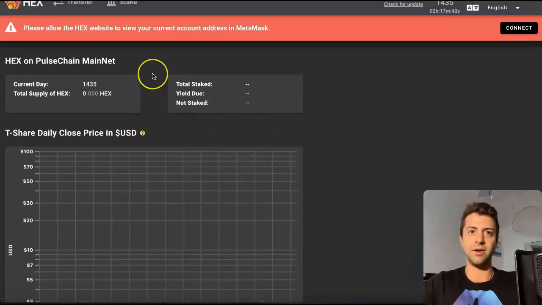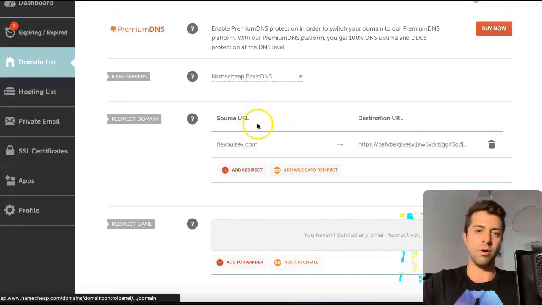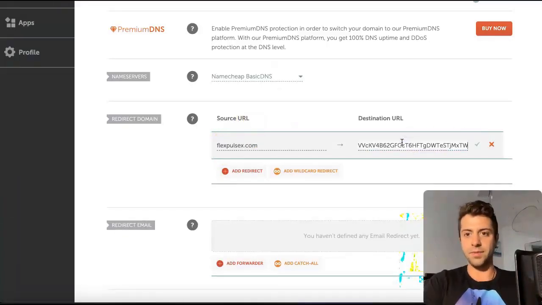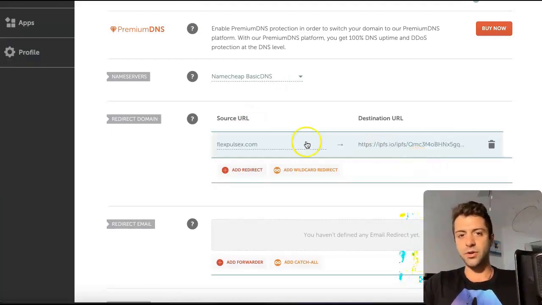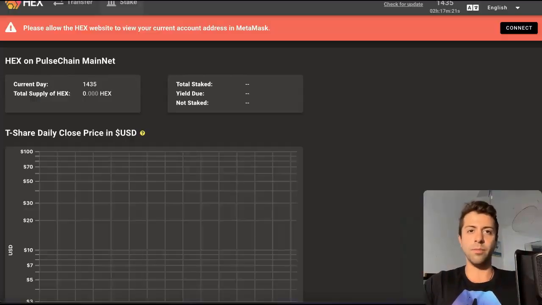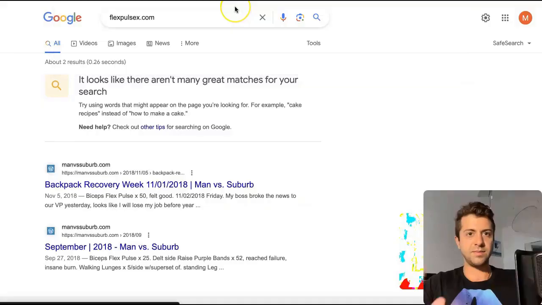It's a decentralized internet, but it's too complicated to say for a lot of people, right? A lot of people don't like that. So what we can just do is take the URL that's easy to remember, flexpulsex.com, and we could just copy that and paste that in here, press the check mark over here to save changes, and you're good to go. Now, whenever I type in flexpulsex.com into my URL bar on any browser,